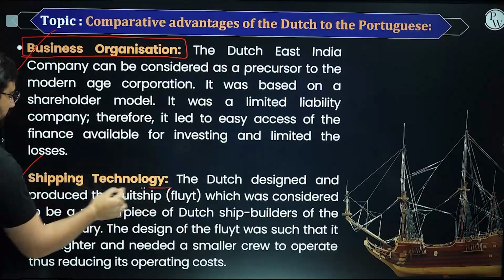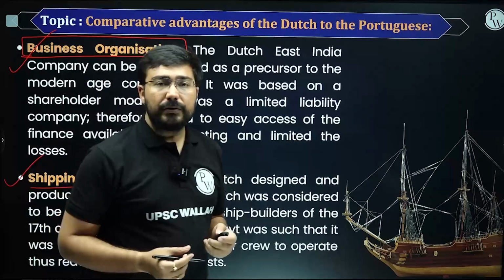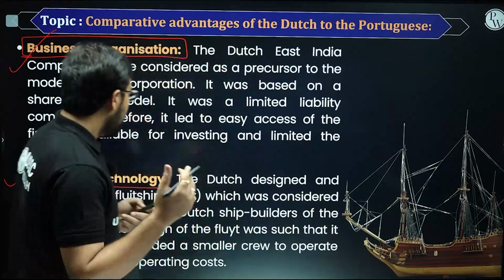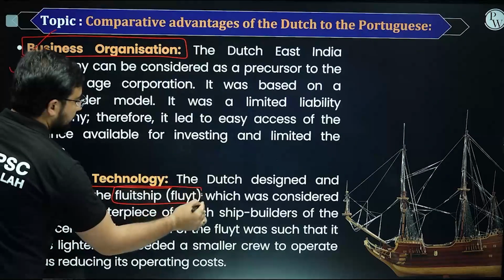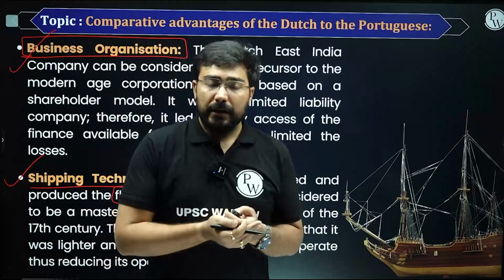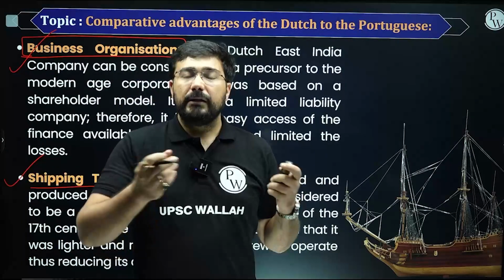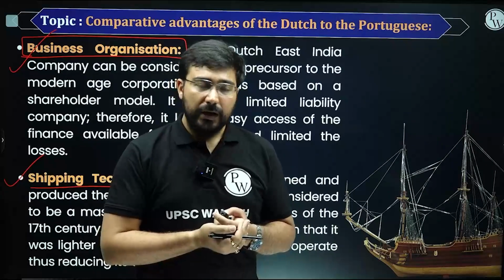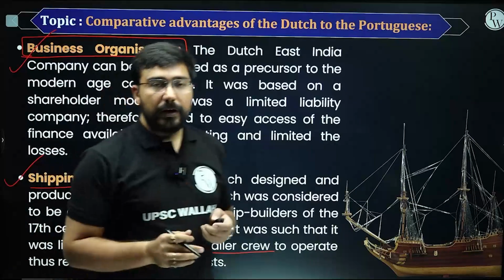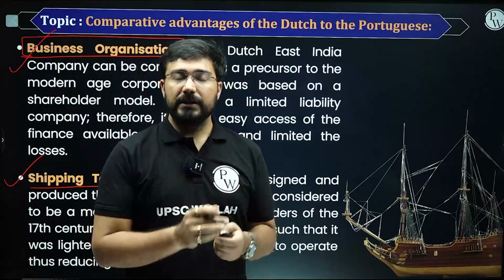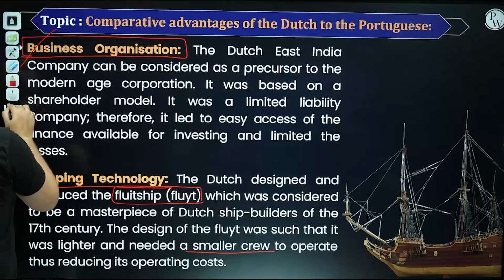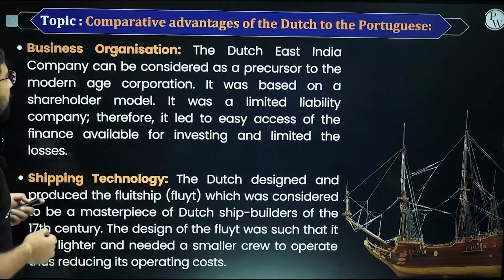Second, this is equally important. The Portuguese came to India because they had created the best of the ships. But by the 17th century, the Dutch created the best of the ships, known as fluyt ships. Fluyt means ships which were relatively smaller in their design, and they could be easily taken care of by a smaller crew. So they were faster also, and they could work with a smaller crew. Because of all this, the operating cost of these ships was less. So new technology of ships also played a very important role in the rise of Dutch power in the Indian Ocean and, more importantly, in India.